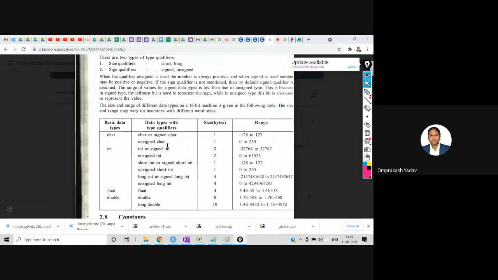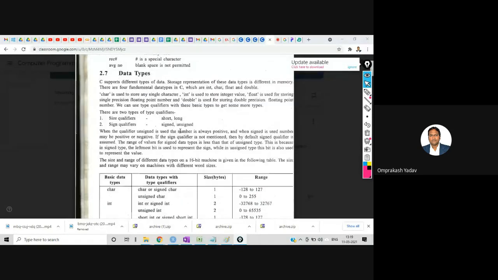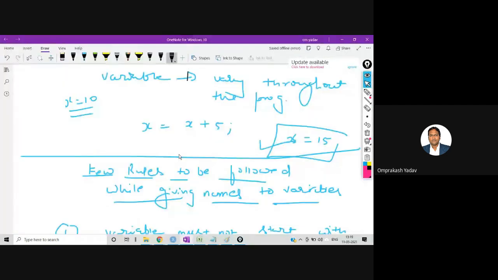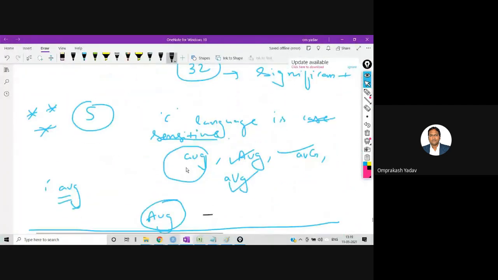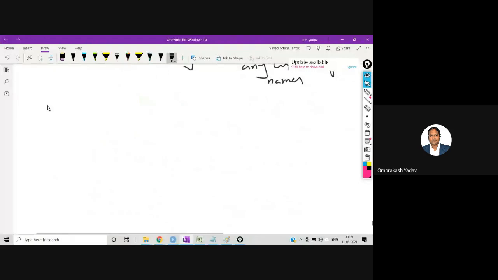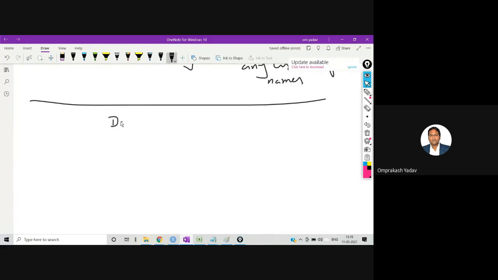So we'll start. Now, before moving ahead with these data types, you must also understand a few things. For example, there are two kinds of qualifiers. Okay, so let me show you. We are talking about data types now.